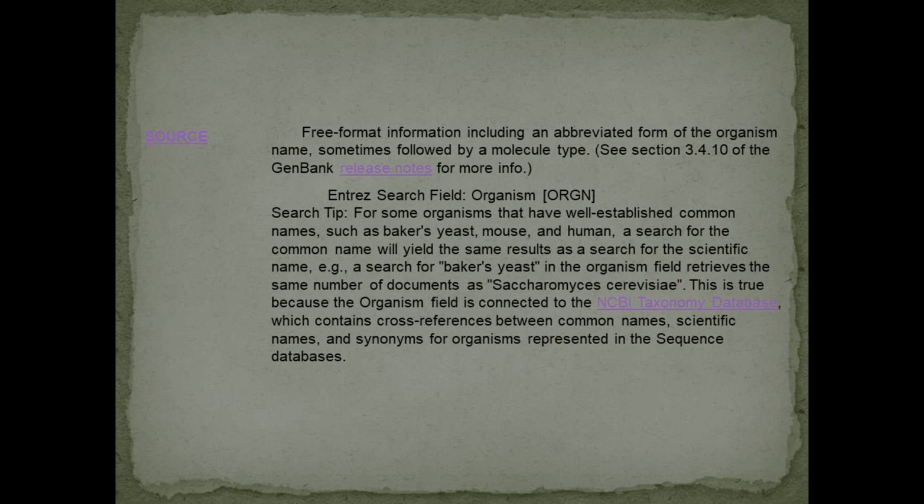The formal scientific name for the source organism, genus and species where appropriate, is linked based on the phylogenetic classification scheme used in the NCBI taxonomy database. If the complete lineage of the organism is very long, an abbreviated lineage will be shown in the GenBank record and the complete lineage will be available in the taxonomy database.